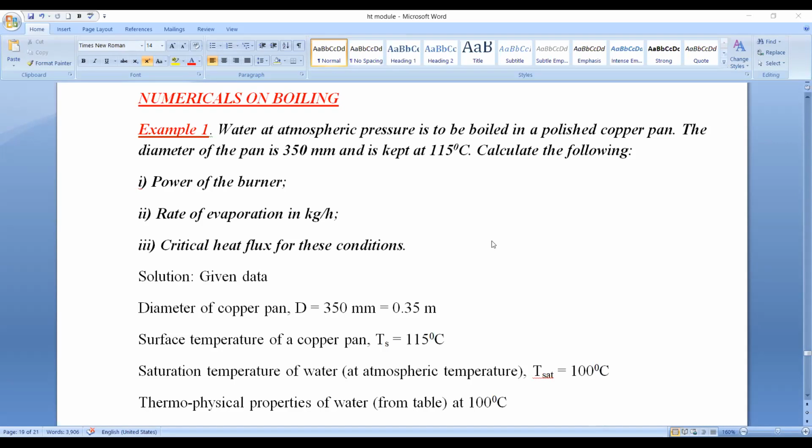These numericals are very important from your examination point of view. So you have to keep the data handbook as well as a calculator with you while solving the numerical. This is a previously asked numerical in the year VTU 2010 for 10 marks. Let's read the problem carefully.